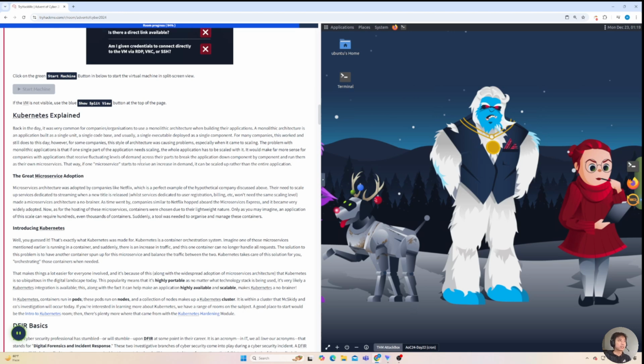So let's say, Netflix for example, if they only want to scale up the streaming service of the website, then they have to scale up the entire website, which is inconvenient because they have to scale up other services like billing, registrations, or subscriptions, etc. Right, so that's where the microservices